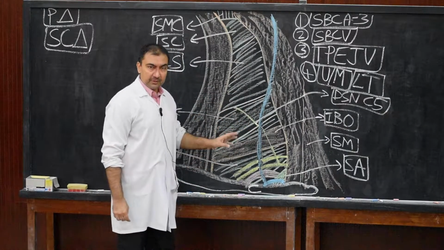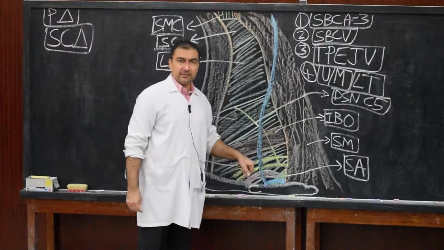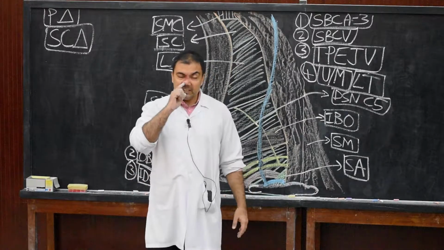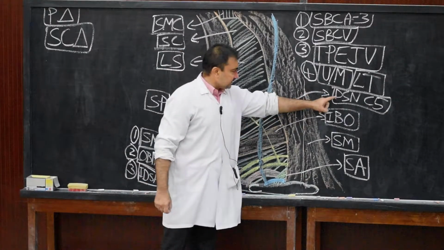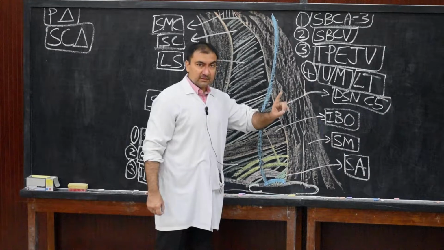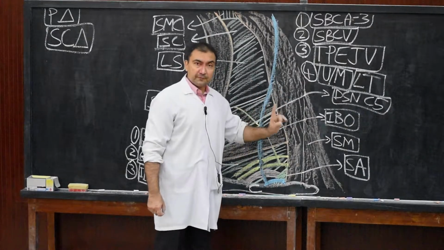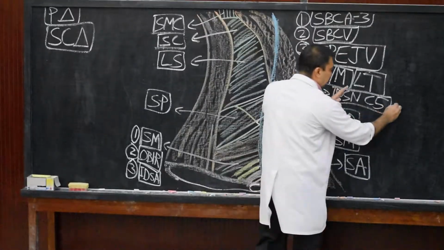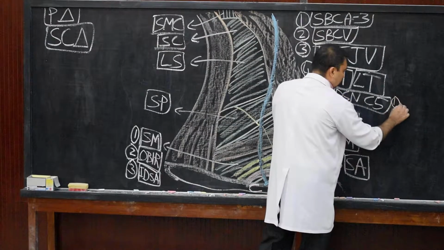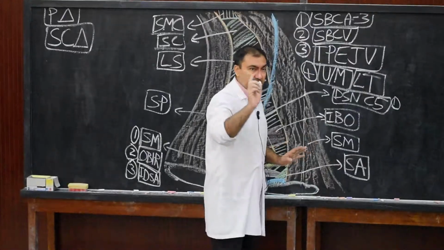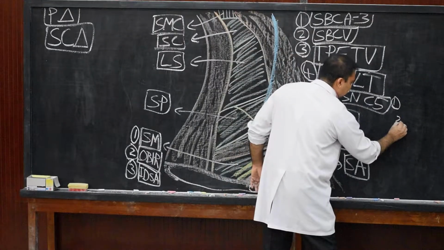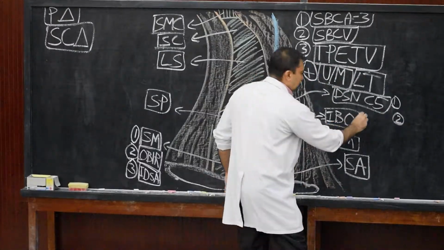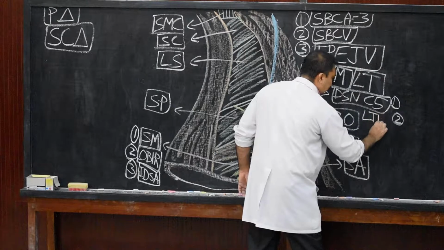As we know, dorsal scapular will supply the rhomboids. It is the nerve to the rhomboids. So this is the first content of the supraclavicular portion of the brachial plexus, the dorsal scapular nerve. Here I am going to write content number 1, dorsal scapular. Now we come to content number 2, and that nerve will be the long thoracic nerve.